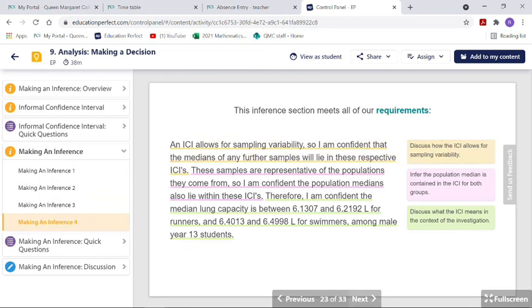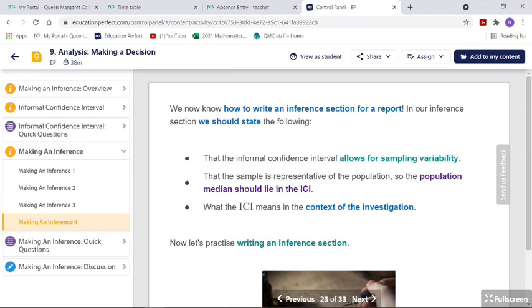Now, let's look at the last thing they do. So that will allow you to write in your little sentences. So it's 4 sentences. The first 2 are very formulaic. You can copy and paste those, just the way they are. It would be nice if you changed a little bit to use your own words, but don't change them so much that you're missing your keywords or you're saying something that doesn't exist. Okay? And then finally you're writing it in context of the investigation. That's the last sentence. So very straightforward.